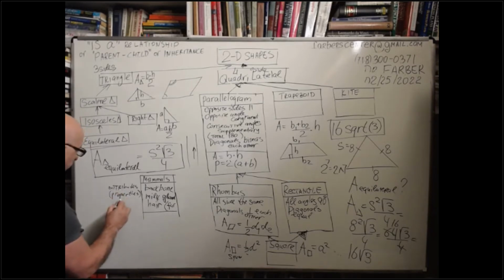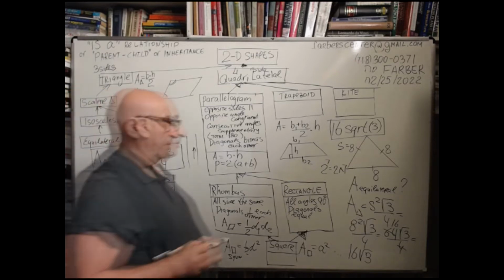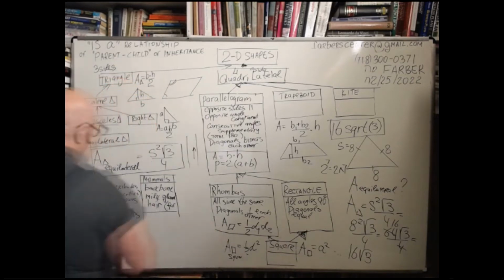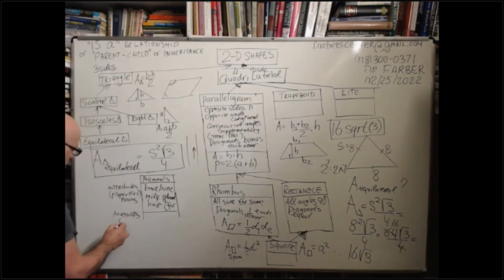Attributes or properties are usually represented by nouns. And methods, in some languages we name them functions. For instance, they have, these are verbs. What can they do? Verbs. For instance, they can